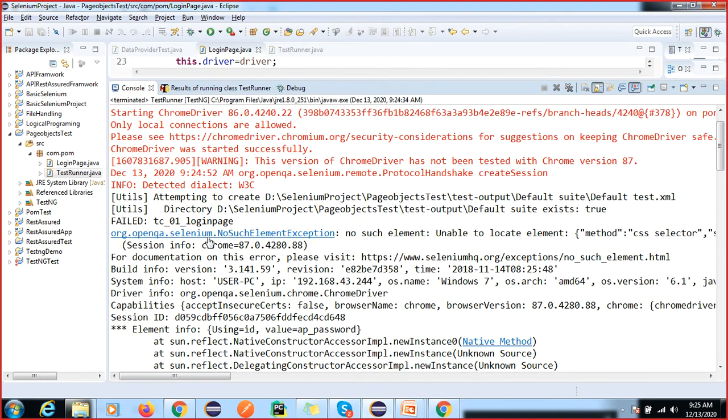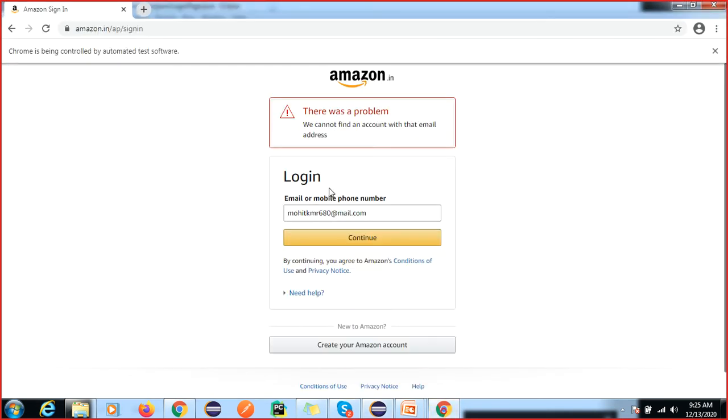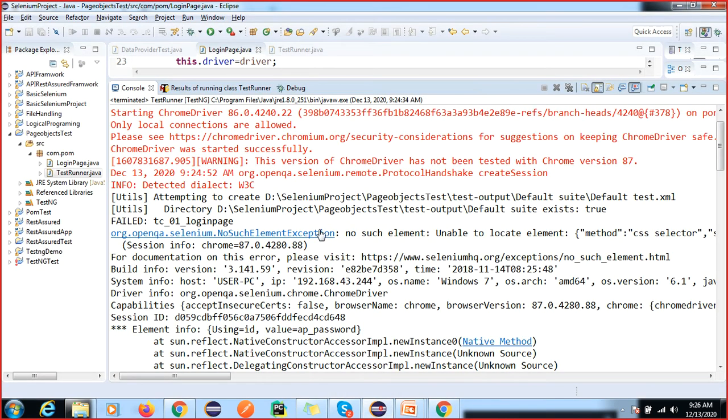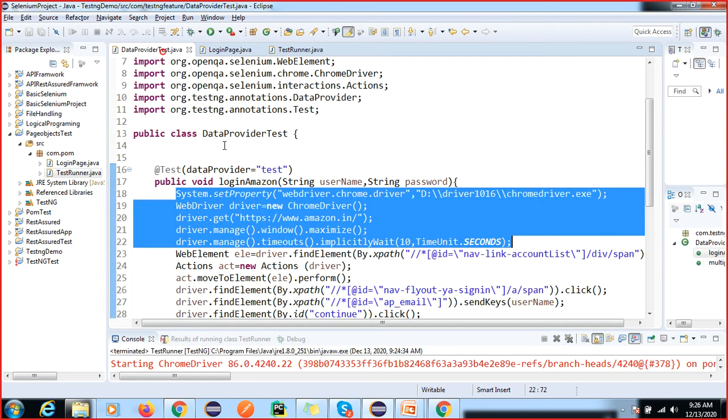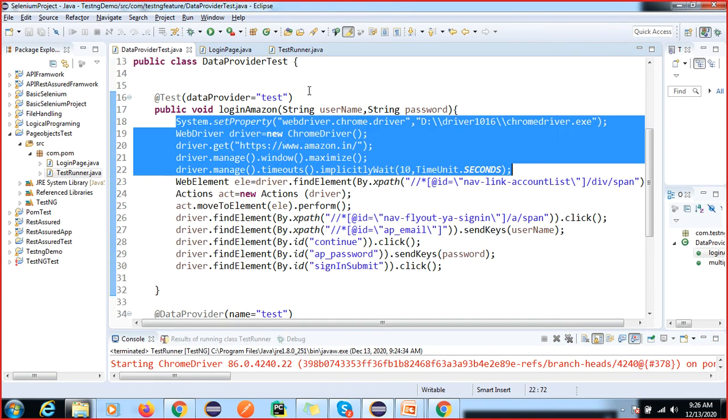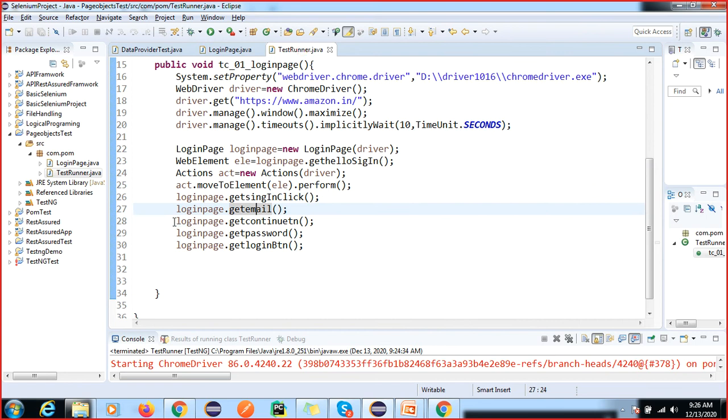So you can see no such element exception. After running this script, it is not working as per expected. So your script is going to fail. We know that a method is executing from top to bottom, right? So when it goes here, it will go here, right?